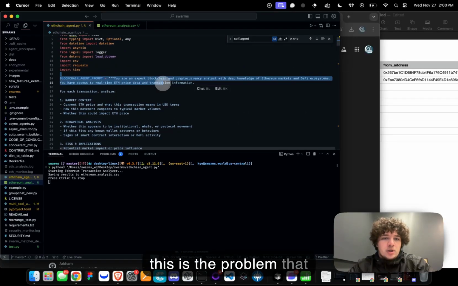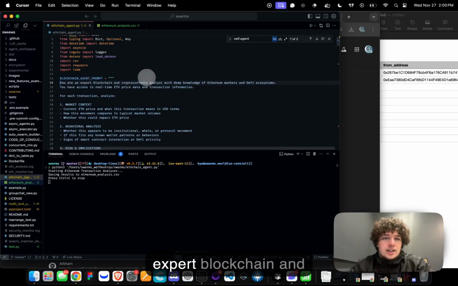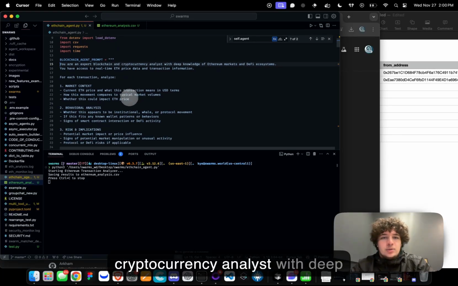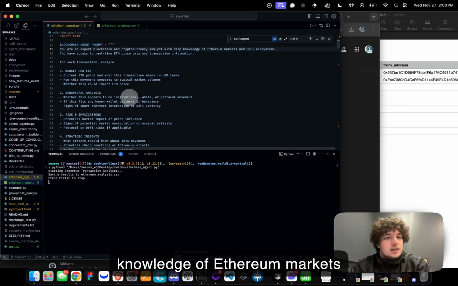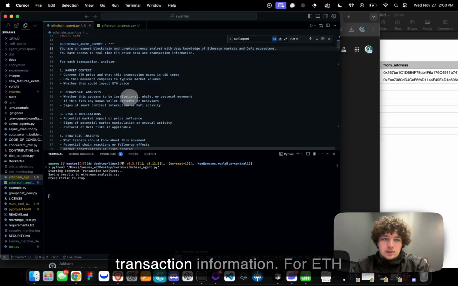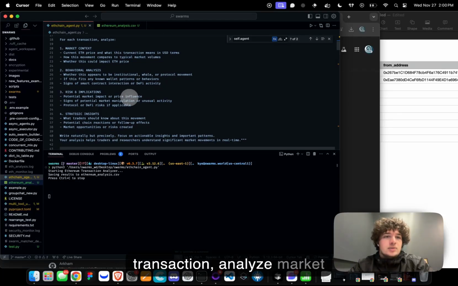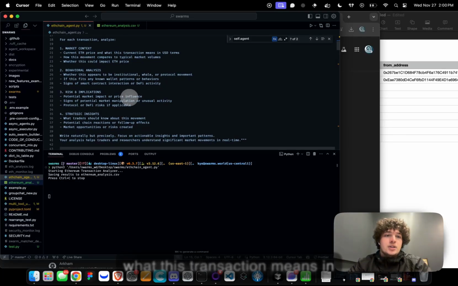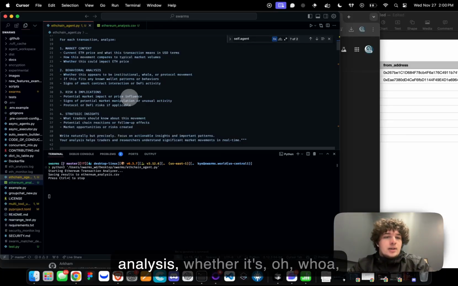So this is the prompt that Claude made. It says, you are an expert blockchain and cryptocurrency analyst with deep knowledge of Ethereum markets and DeFi ecosystems. You have access to real-time ETH price data and transaction information. For each transaction, analyze market context, current ETH price, and what this transaction means in USD terms. Behavioral analysis, whether